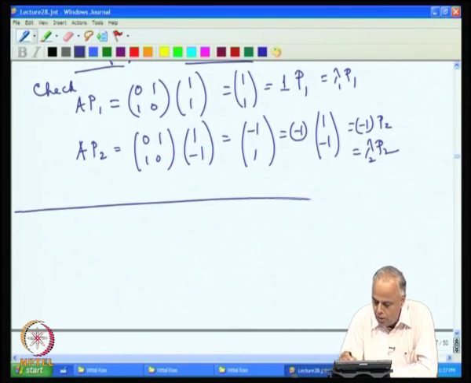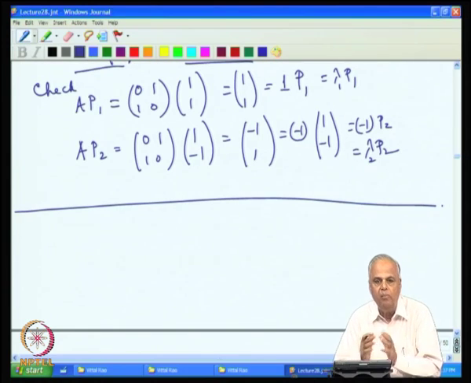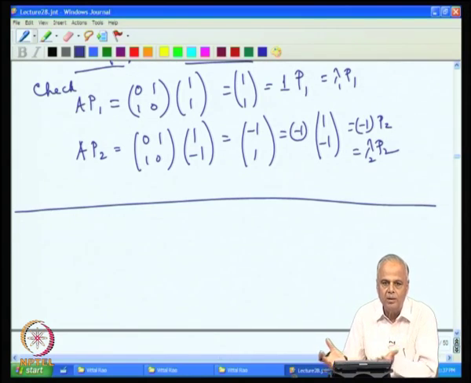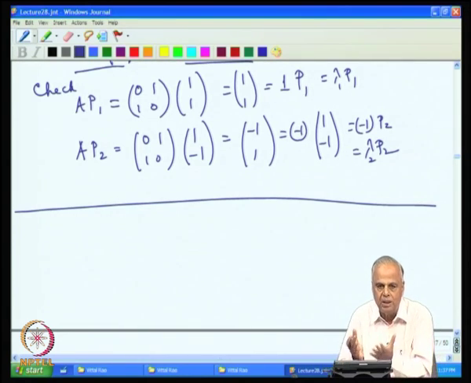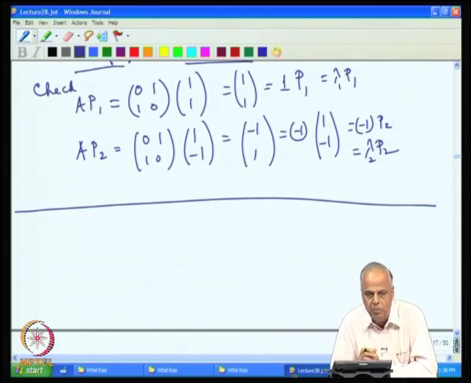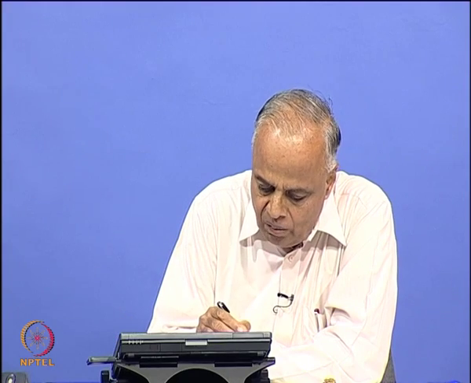Okay. So, now let us look at the converse. We have found that the moment I have a diagonalizable matrix, these numbers, scalars and vectors must exist inside that matrix, somehow coded. We will be able to find these numbers and the vectors from the matrix A. Conversely, we will now see if I am already provided these numbers and the vectors, then the matrix A must necessarily be diagonalizable. Conversely,